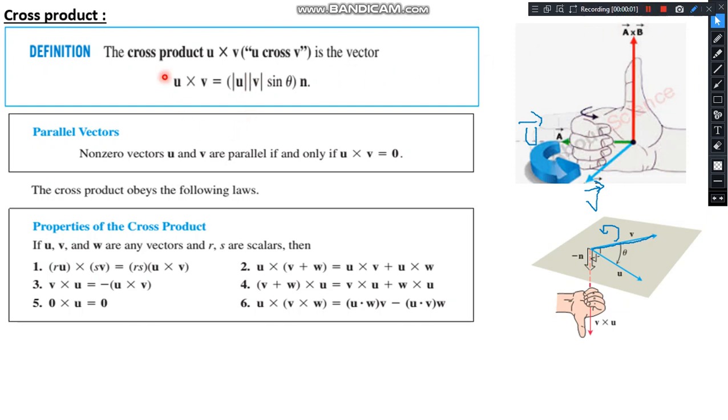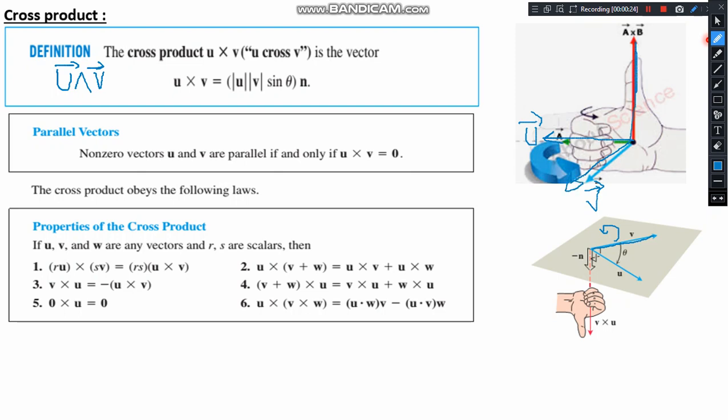Now the cross product. The cross product of two vectors, u cross v, is denoted by x or can be denoted in that form. Both are the same. u cross v is not a number, it's a vector. So if you have here vector u, as you can see, and vector v, so you're going to get a